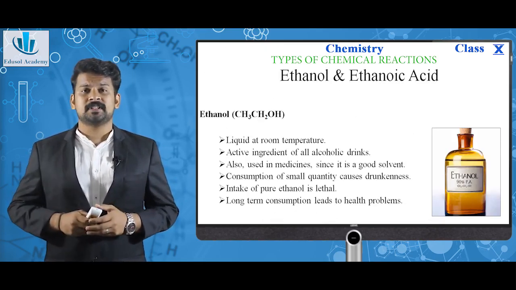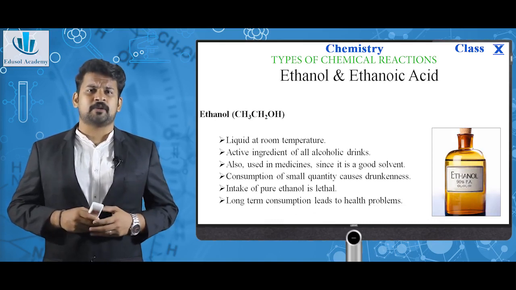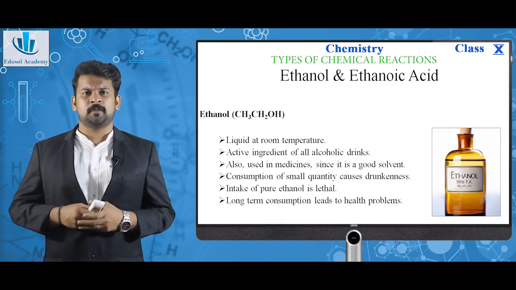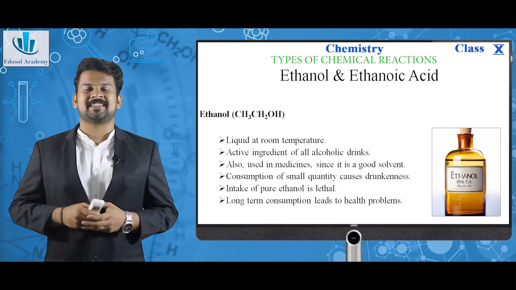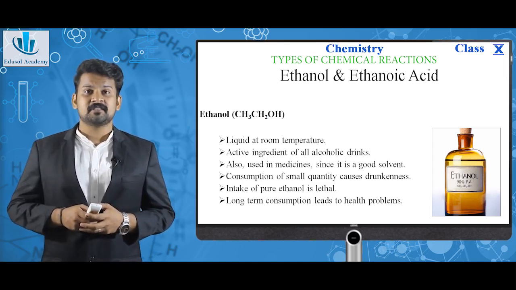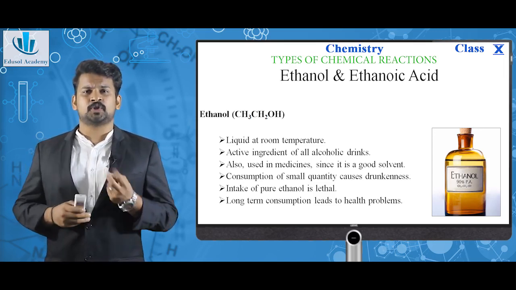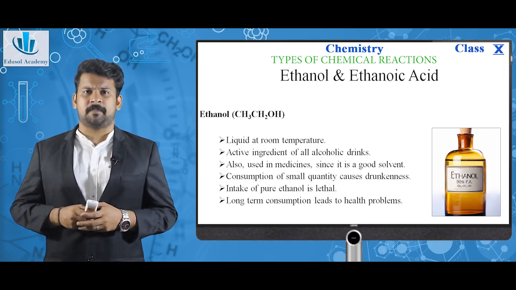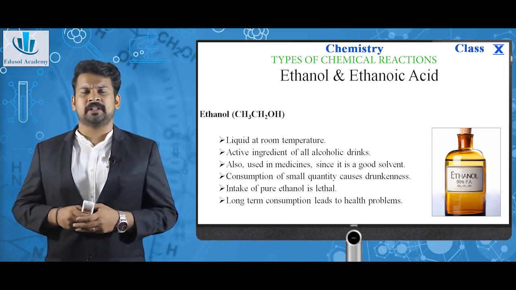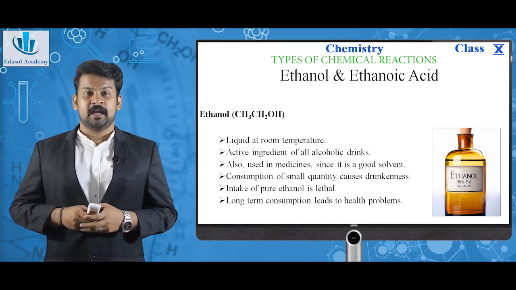Ethanol and ethanoic acid. Till now, we discussed different categories of hydrocarbons and also the functional group that plays a key role in organic chemistry. Among this, ethanol and ethanoic acid are the 2 different kinds of hydrocarbon compounds that play a major role in our daily life. Ethanol,